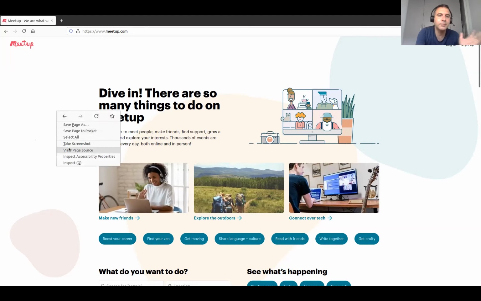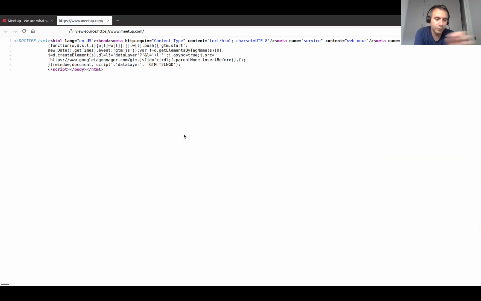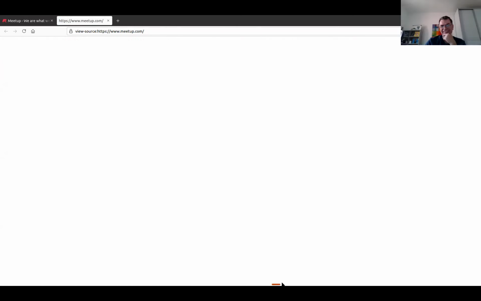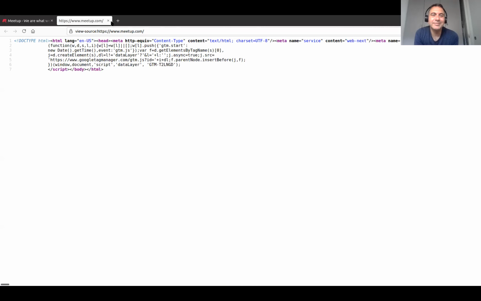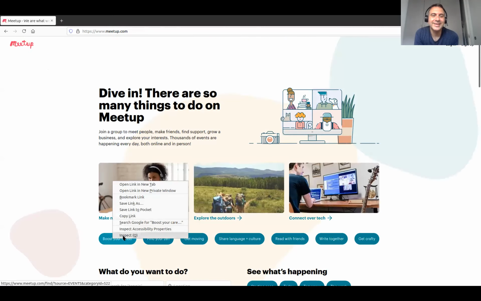Maybe there's some URL to handle those boxes, those categories of meetups, and some other to handle the UI or whatever. This is not really helpful, right? The code, no, not very helpful. I was trying to see something here, but nothing. Inspect element, I think, will give you a better understanding.